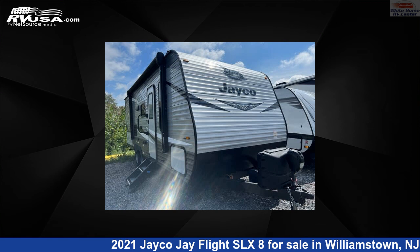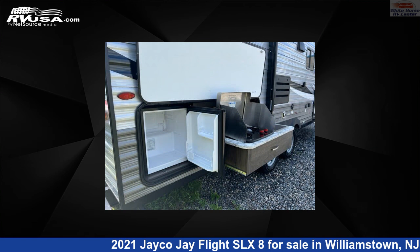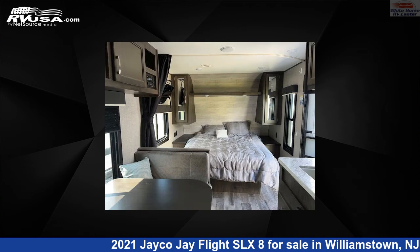This 2021 Jayco Jay Flight SLX 8224 BH2 BDRM Queen Bed and DBL Bed Bunks is a travel trailer RV. It is located in Williamstown, New Jersey, 08094 and is offered for sale by White Horse RV Center. This new Jayco is 27 feet 1 inch in length and features a tan, brown classic neutrals interior, sleeps 8,